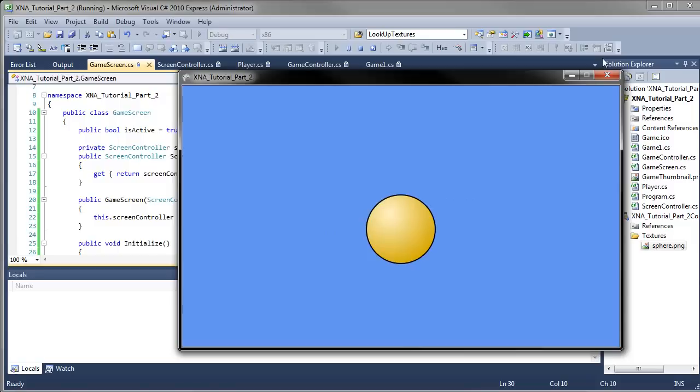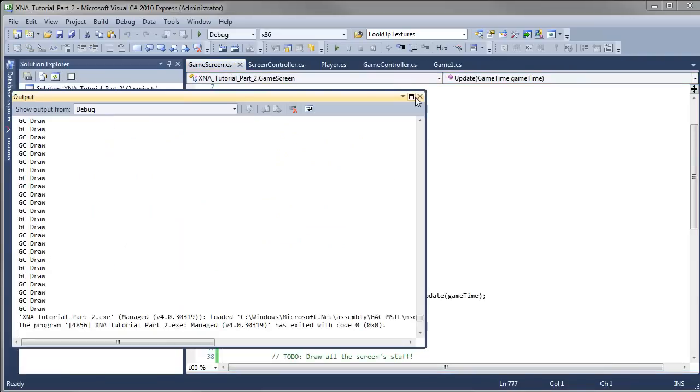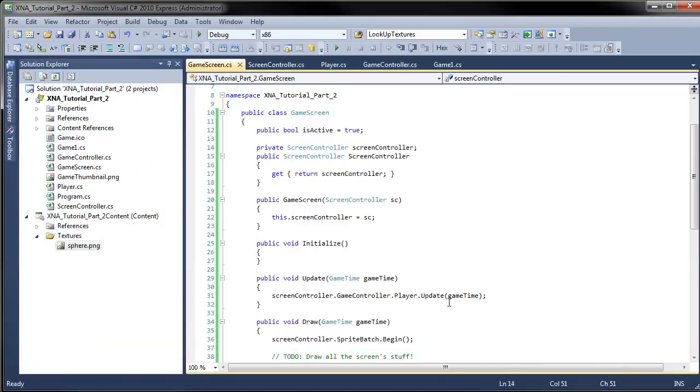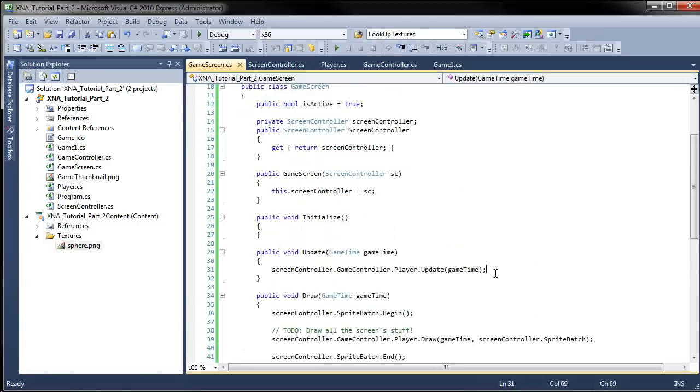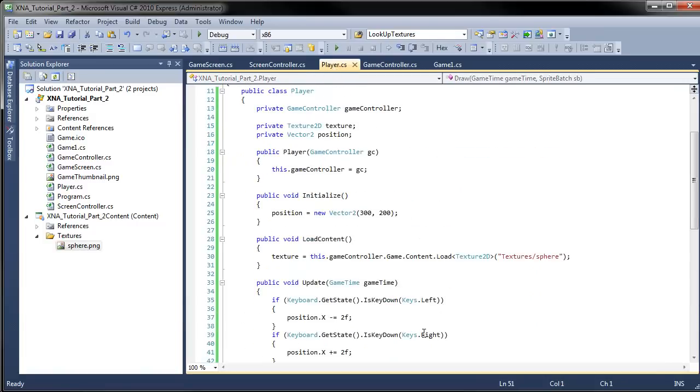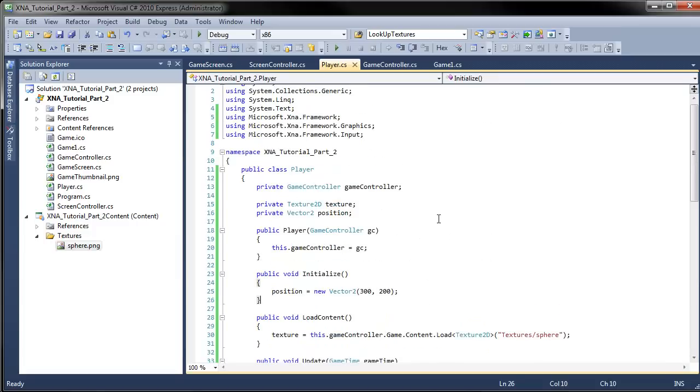So this is basically what we ended up in the first part, and now in the second part we did exactly the same thing, but in a lot more complicated fashion. Now, you may think that this is all just a bunch of bullshit and you shouldn't do this. Actually, that's wrong. You should do everything like I did here, because now you can easily just go into the player class. You don't have to search for variables through all your code. Just go to player and